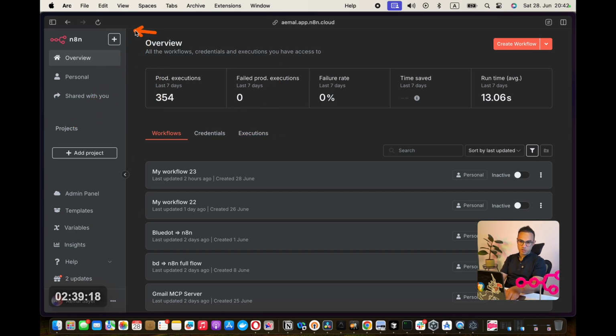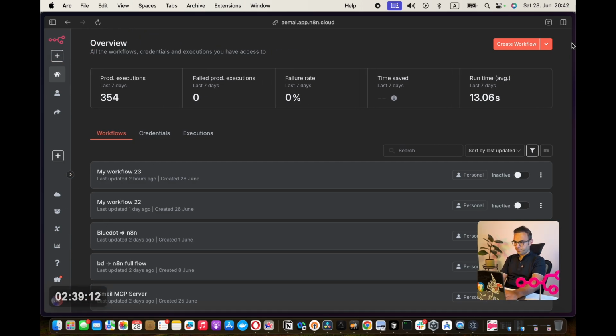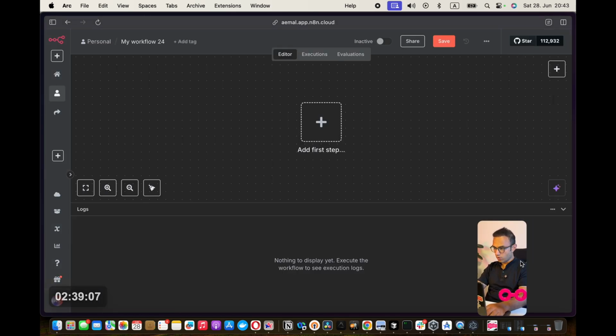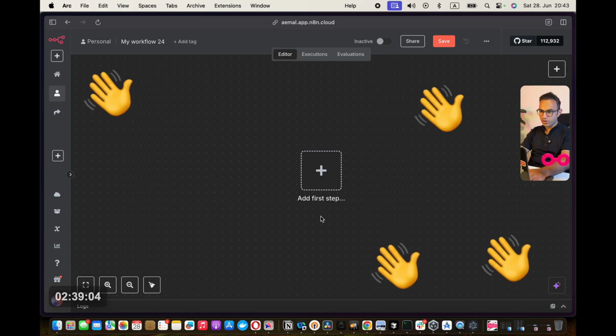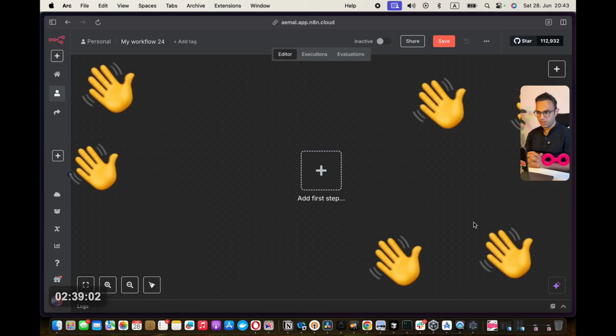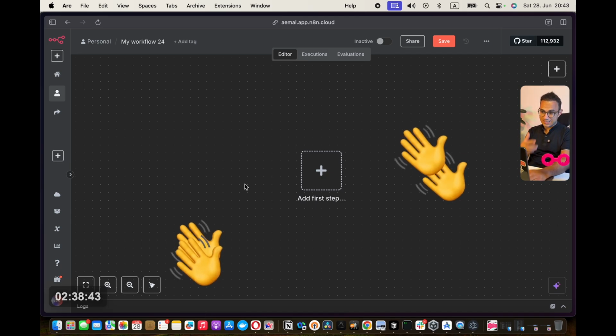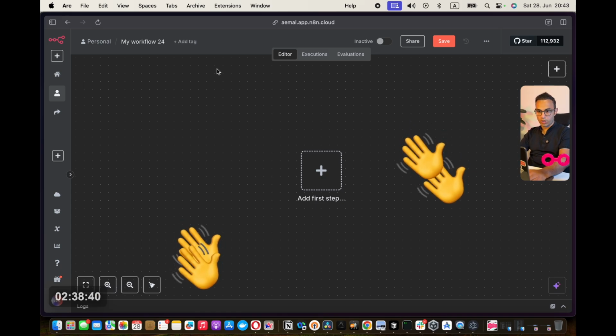And then from this menu, you basically can see overview, personal, and so on. And you can create a new workflow from here. So let's create a new workflow. If I create a new workflow, how can I create a workflow that would make sense? Just for this educational purpose, I'm going to go through multiple steps as I explain this workflow management thing and also explain the rest of the menus and everything, and put it around an actual example. So that example will teach you guys.